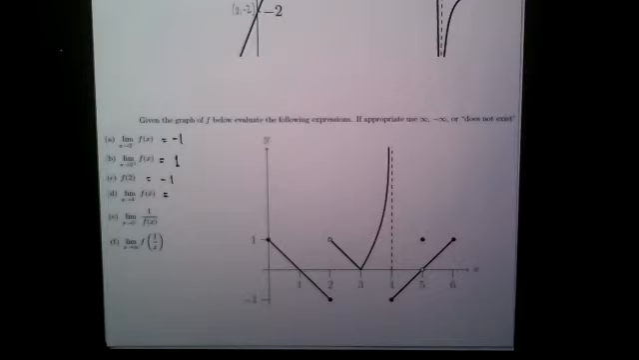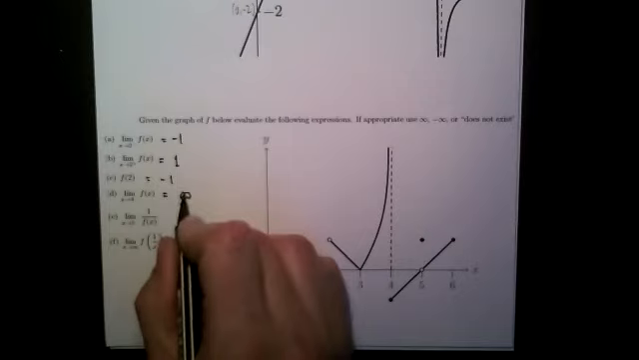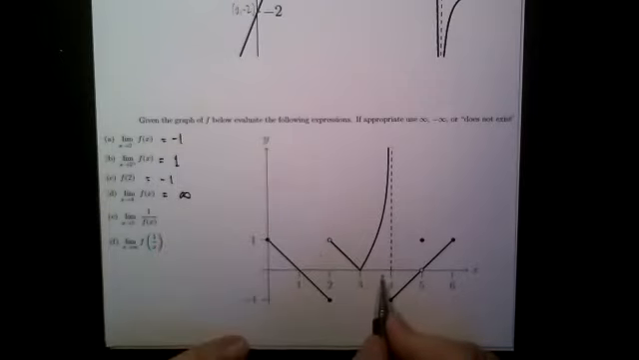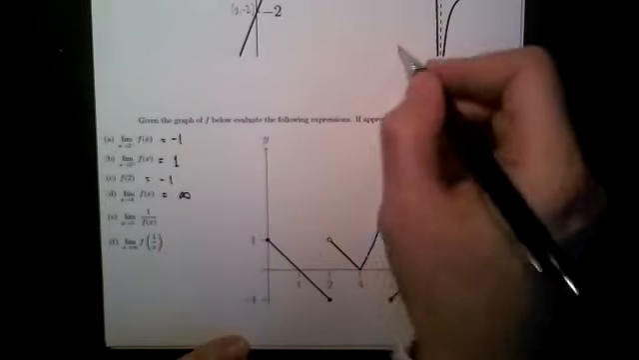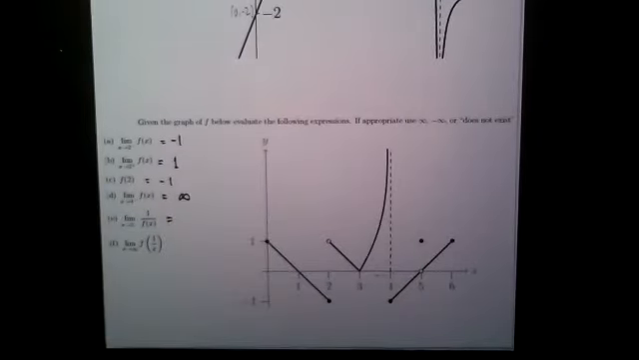Nope. So you said it does not exist from the left. Okay, good. Infinity. If I approach 4 from the left, the function is going to plus infinity. Perfect. 5 from the left, 1